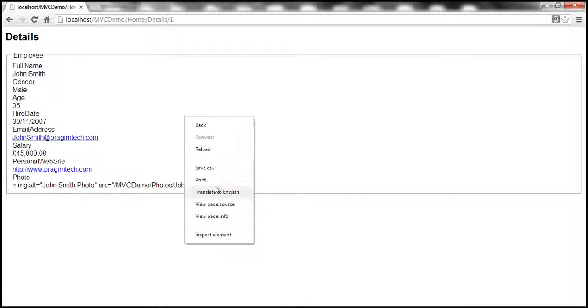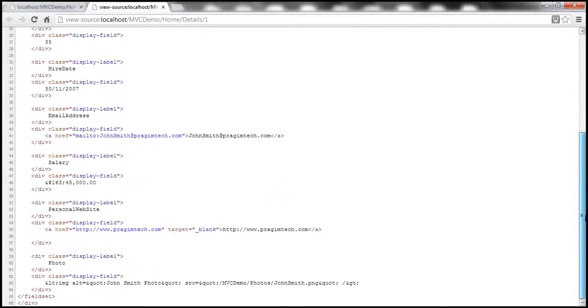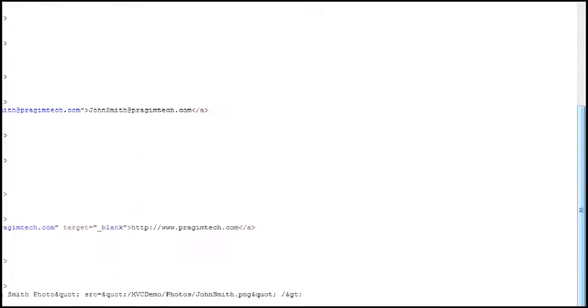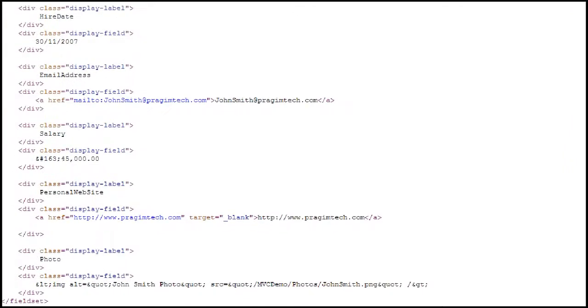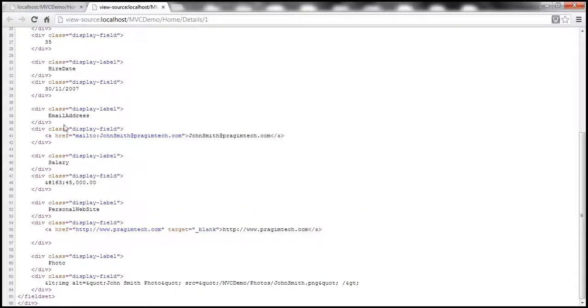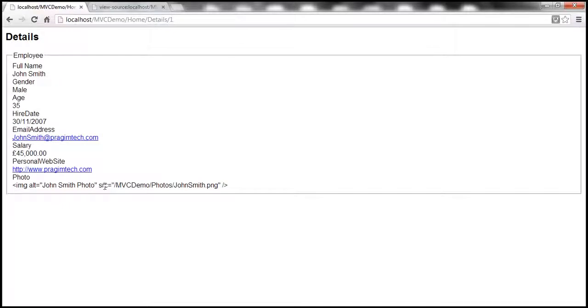So if I right click on that and view the page source, and then if we navigate all the way down, notice that we have this HTML encoded, that less than symbol with ampersand LT semicolon, greater than symbol with ampersand GT semicolon, and then this double quote with ampersand QOT semicolon, and then this is the closing double quote, which is again encoded to ampersand QOT semicolon. Okay, so here the HTML is encoded, but we don't want the automatic HTML encoding to happen,